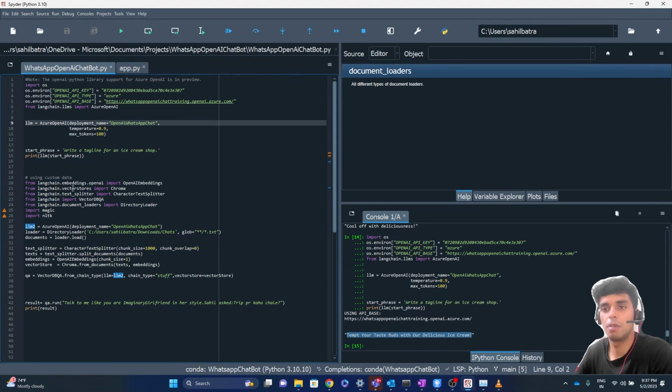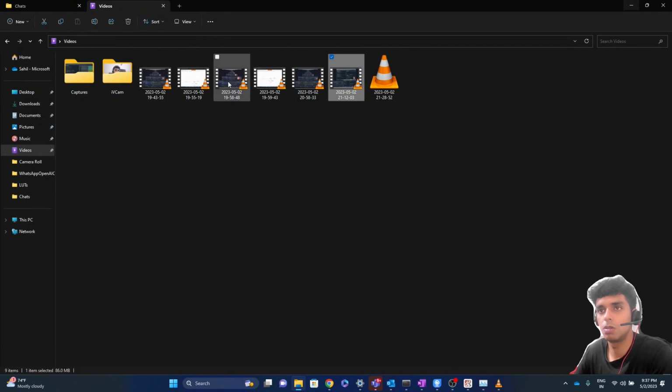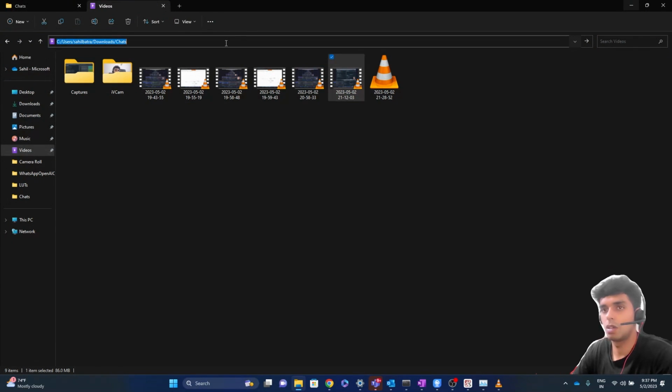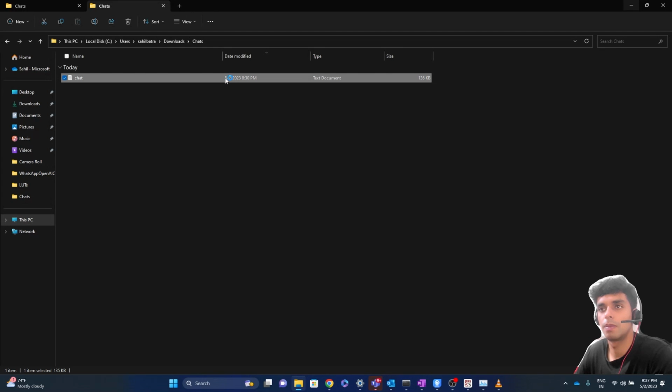Here I haven't defined temperature and max tokens, and that's fine. Next we use the directory loader. The directory loader does nothing but load the documents from this directory. If I go to this directory, I'll show you. Okay, I have a chart over here.